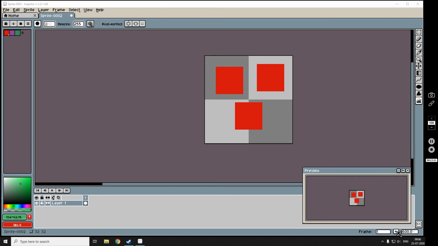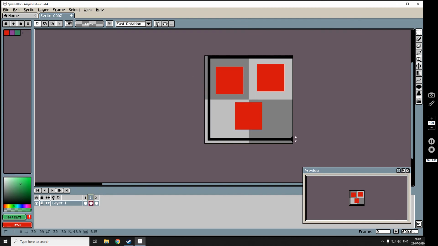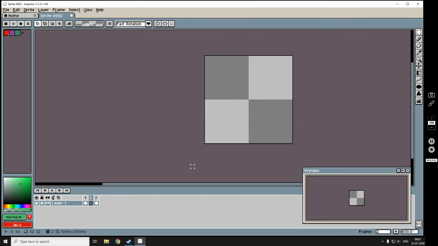For that we have to create more frames. We have to delete this, and on the third frame I delete this one, and here I delete all of the shapes.